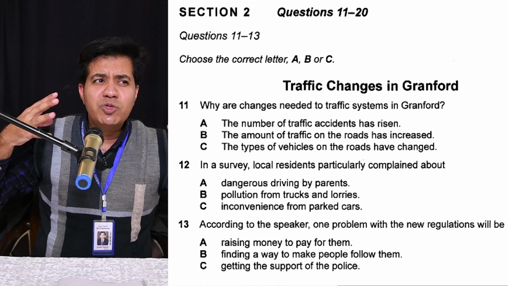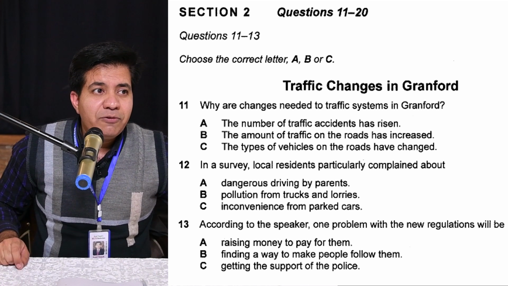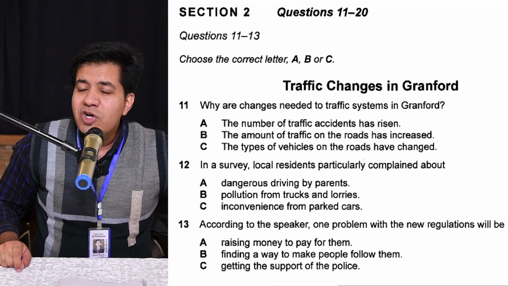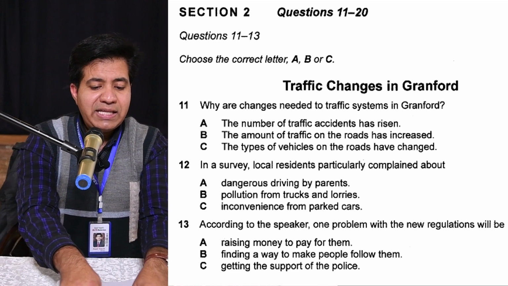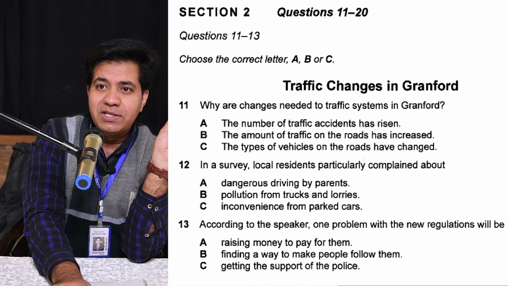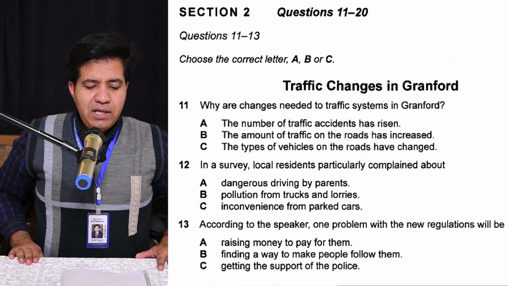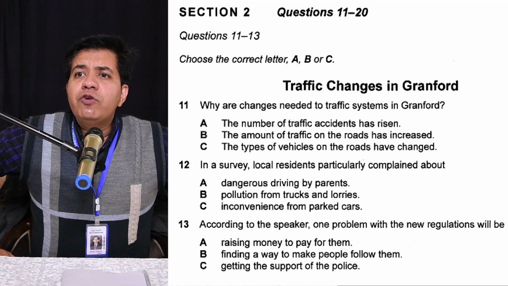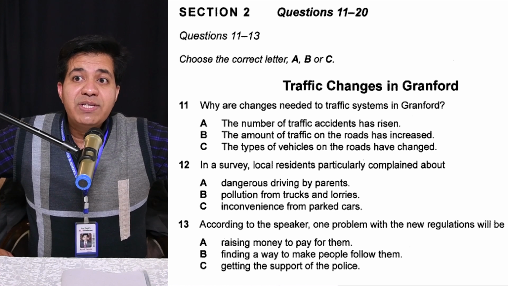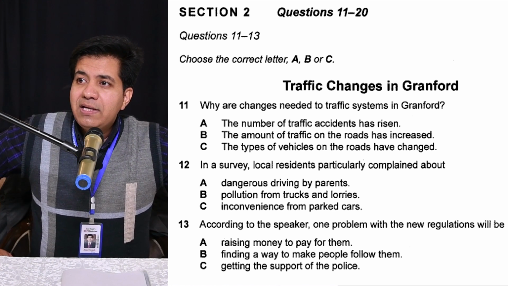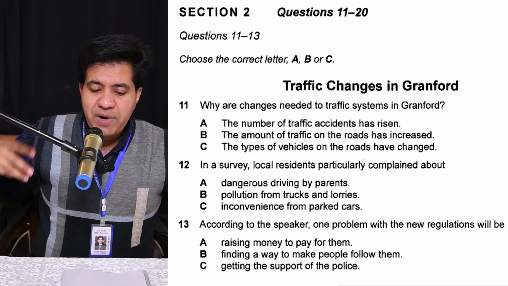Because they will confuse you so much, and when they are using direct words, then listen for the word unless, nor, no, not, okay? With the wrong option, what do they do? Exactly the same thing, but they just add the word not, okay? Let's do it together now. Question number 11. And by the way, there are 7-8 types of multiple choice. Some multiple choice questions are based on reason, some are based on decision, some are based on opinion, some are incomplete sentences, some are questions with question mark. So you should practice all of them.